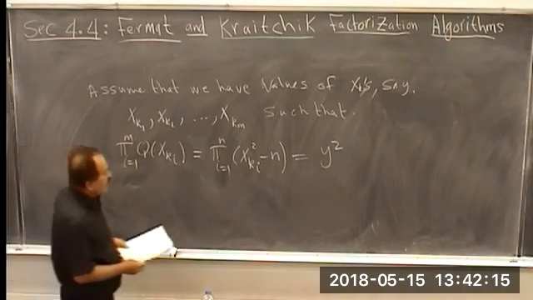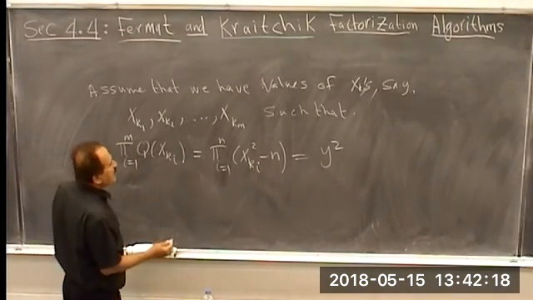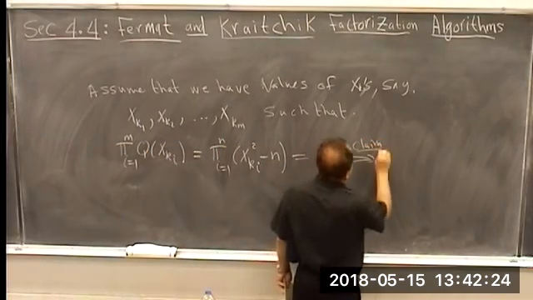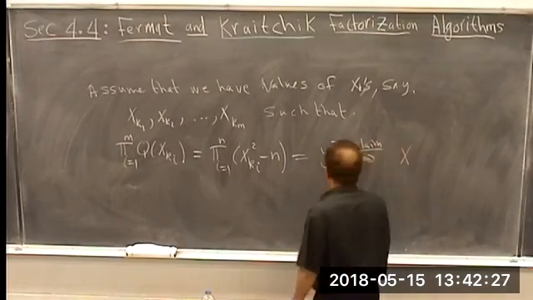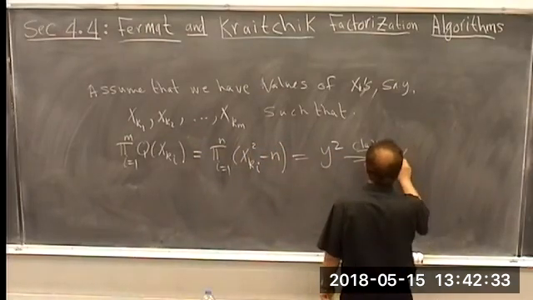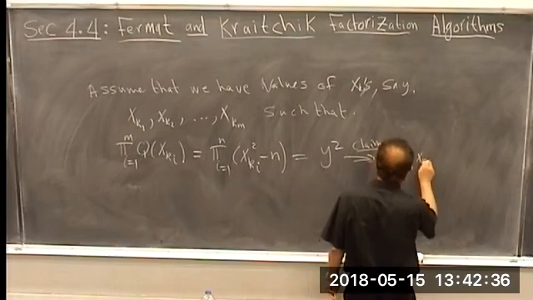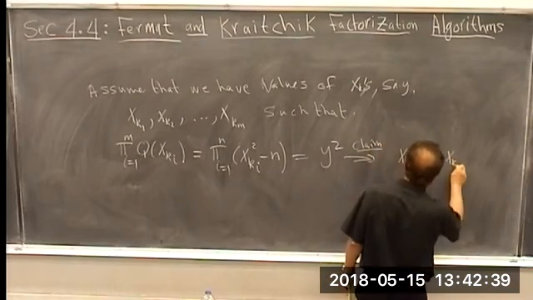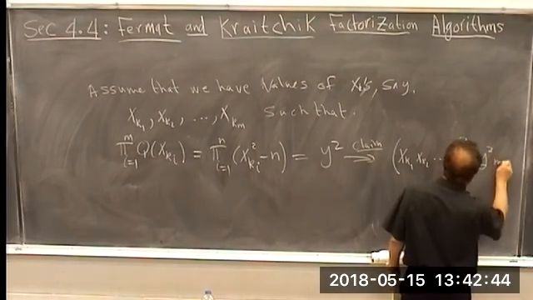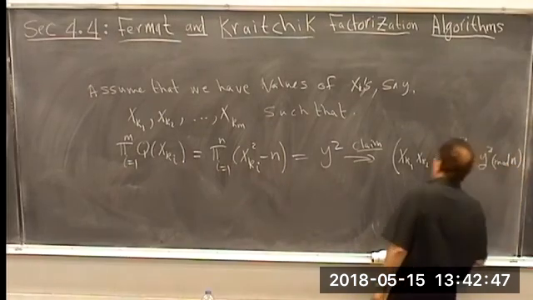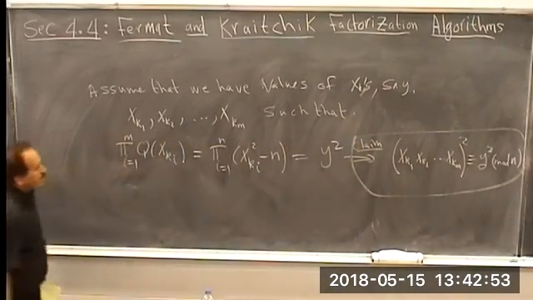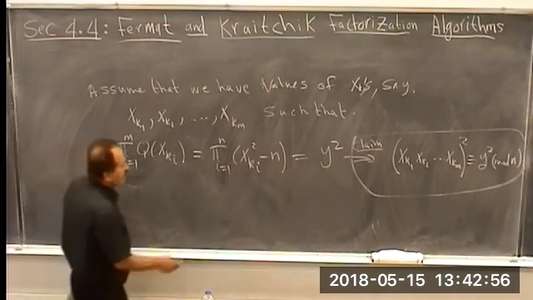Okay, then I claim that this gives you the product of the x's, which is x k1, x k2, up to x k sub m, squared, is congruent to y squared mod n. Okay, so we're going to prove this claim, why this is the case. And the reason for that is the following. We have these